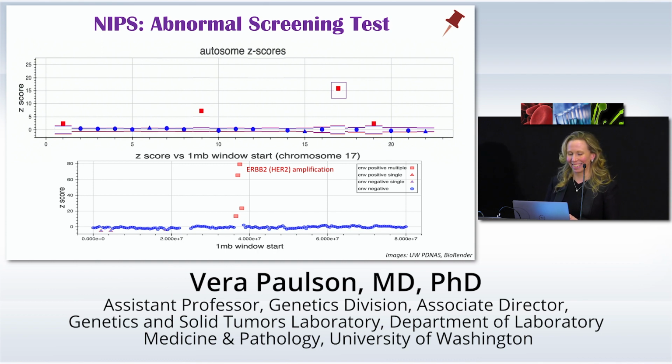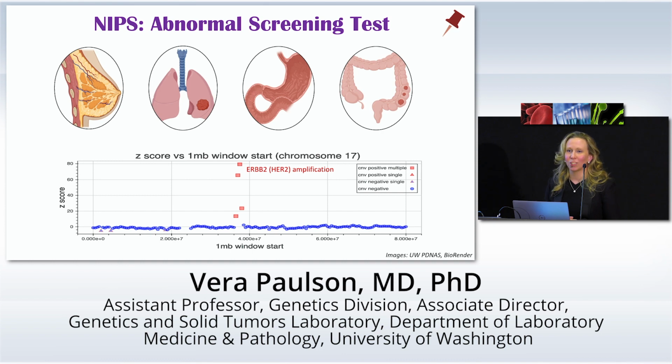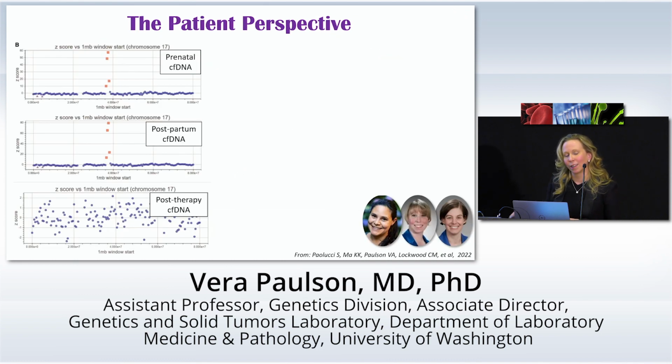Which malignancy? Well, HER2 amplifications are found in breast cancer and lung cancer and gastroesophageal cancers and colon cancers, and I'm sure I can find other case reports of HER2 amplification in tumors. And it would take over 3 months for her to eventually get a diagnosis of metastatic breast cancer, 2 lymph nodes, and coming as a surprise to absolutely no one, it was HER2 amplified. And we could monitor her. So we have our prenatal, postpartum, and then after therapy, and the HER2 is gone after therapy.